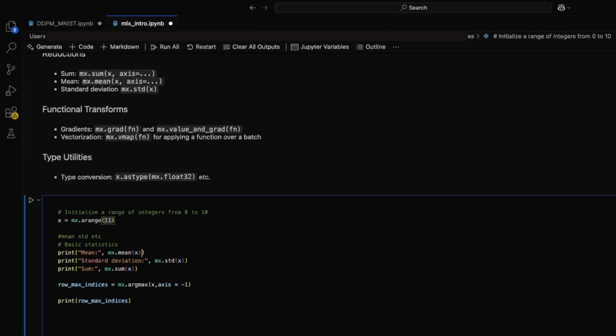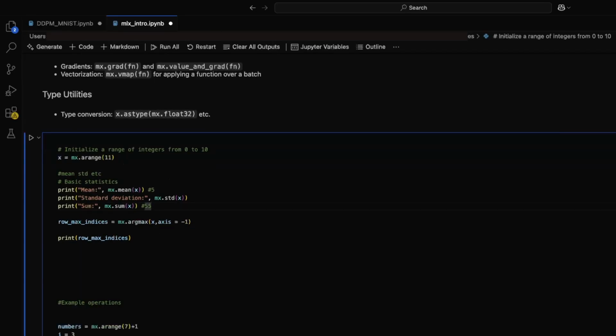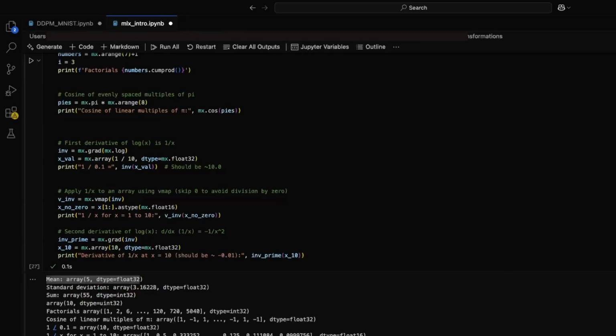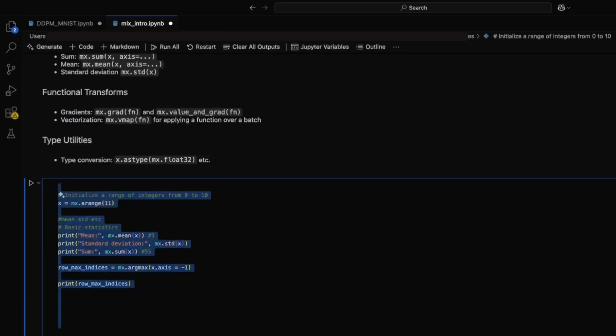Now, if we print the mean, standard deviation, and sum of these elements, for the mean you expect 5. For the standard deviation, that's a more complicated calculation, but for the sum, pretty straightforward. 11 times 10 over 2, so it's 5 times 11, that will be 55. So 5 for the mean, the standard deviation 3.16, and as I said, sum 55. I'll just delete this so we can move on to